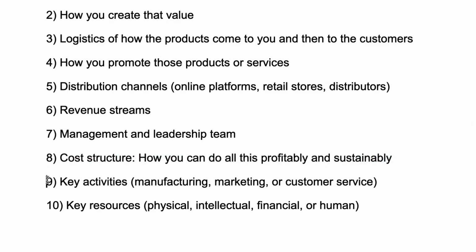Now, key element number 9 is your set of key activities. For different businesses, it's very different, but maybe you have manufacturing, which is a really key activity. For many businesses, marketing is an incredibly important key activity. Or for many businesses, it's actually customer service, which is a key activity, because without that, customers just won't buy, right? So you need to provide great customer service. And then you have key resources. Maybe you have intellectual property resources. Maybe you have financial resources. Maybe it's human resources, like you have industry experts working on your team.